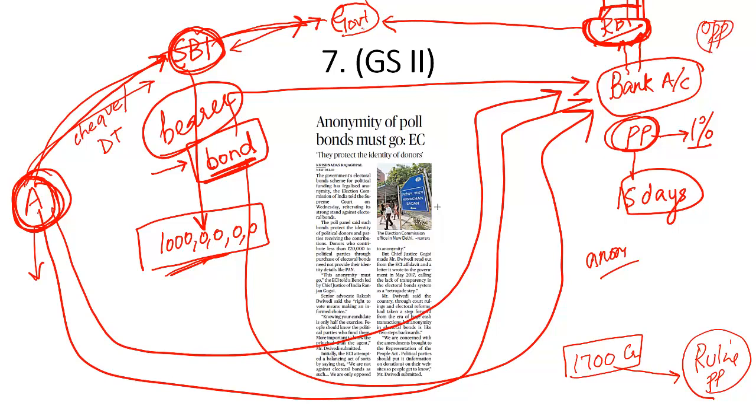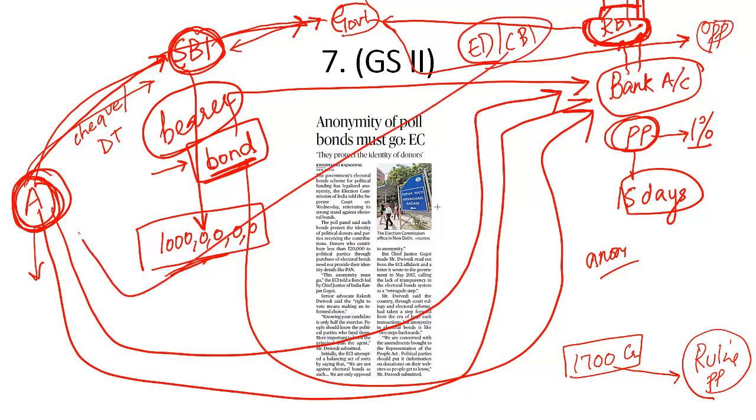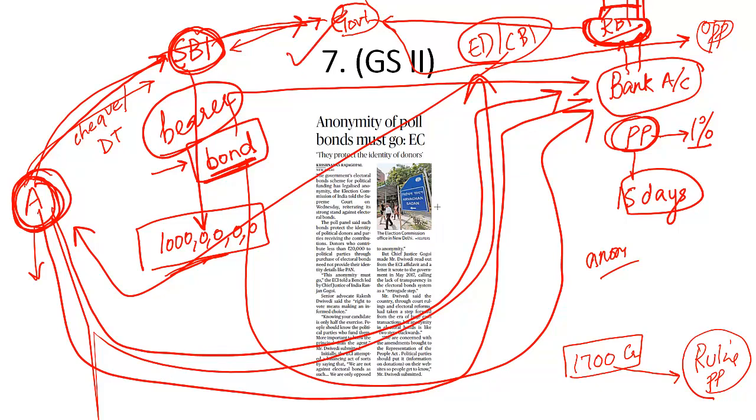And then what can the government do? The government can misuse its other agencies, Enforcement Directorate, CBI, Vigilance, and so on and so forth, and victimize this donor: why are you donating money to the opposition political party? You should donate money to us. That means in this entire exercise, the biggest beneficiary is the government, the ruling party, which is ruling the country at that point in time.